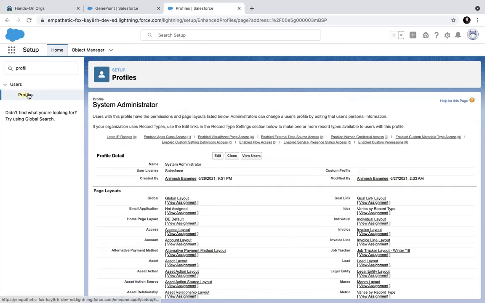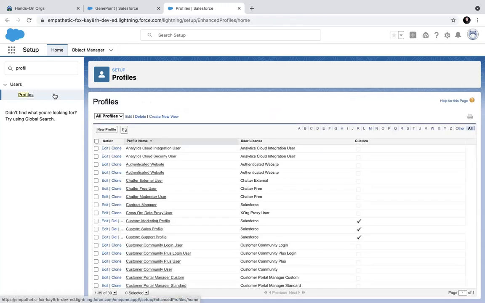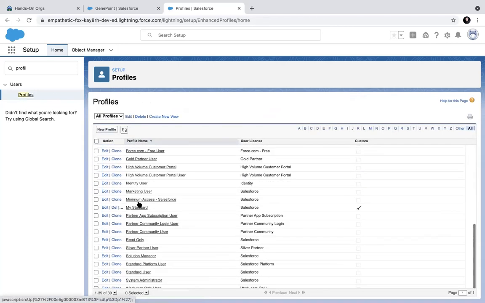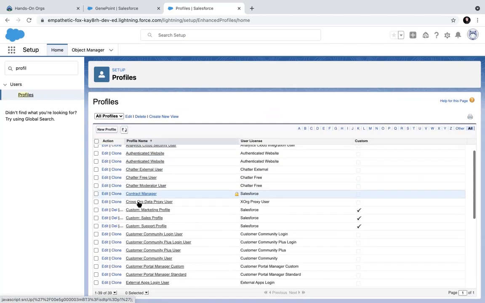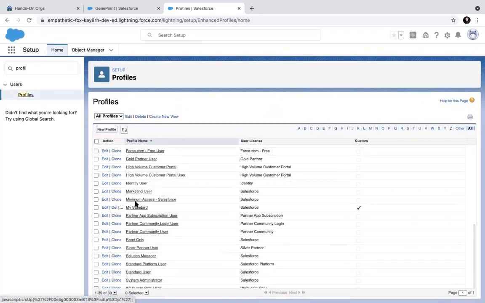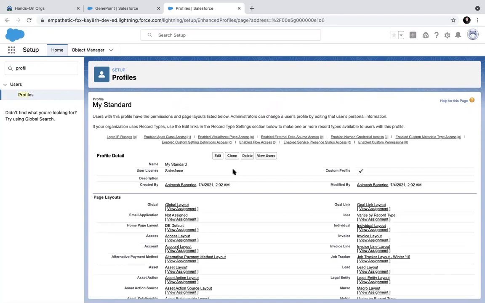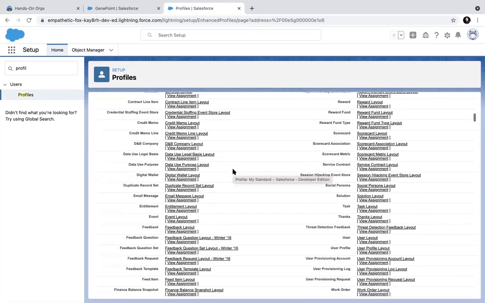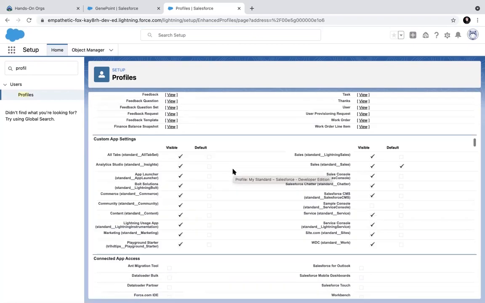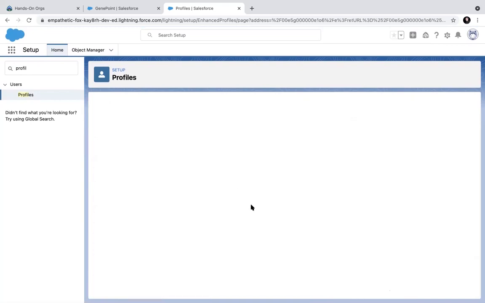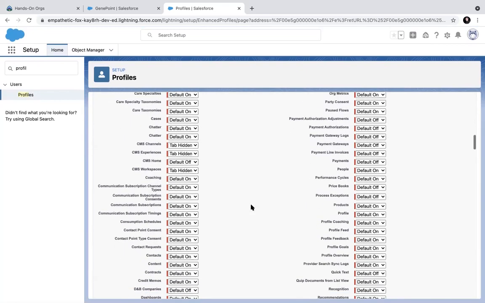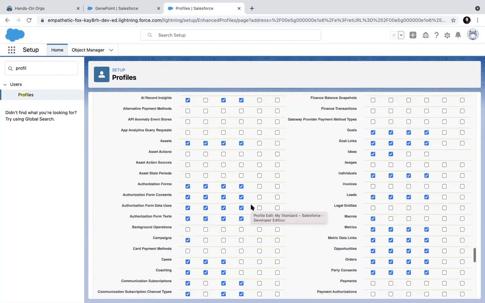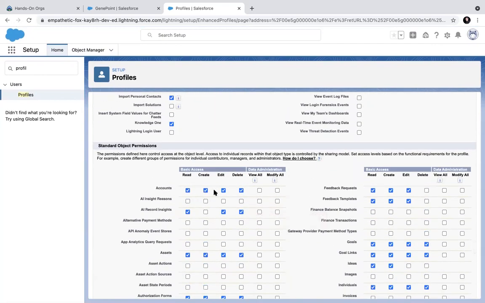Similarly, if you create a new profile, just like we created a new profile, I can go ahead, edit this profile, and in Account I give View All permission to it.